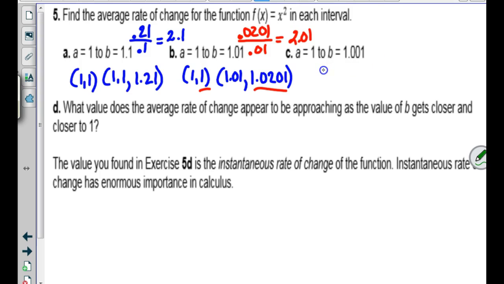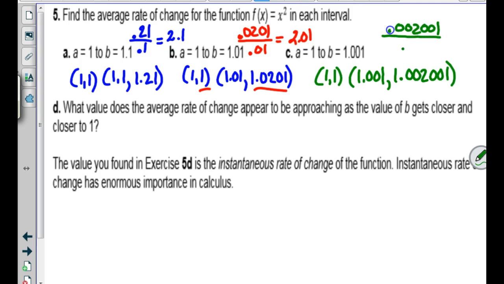Okay, one more time. 1 stays 1. What is 1.001 squared? Okay, so now if I did the slope, what would I get on the top? Over, which is,